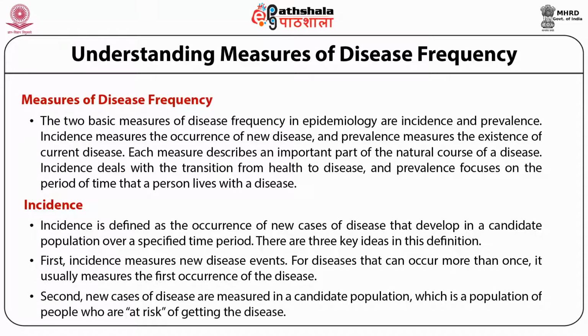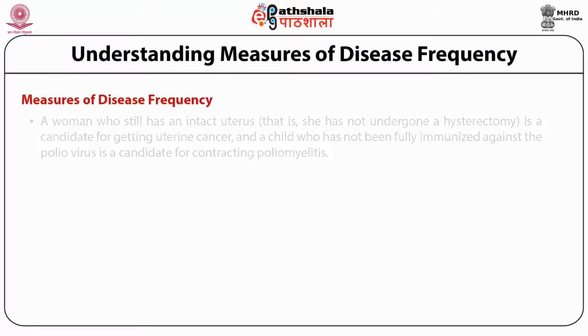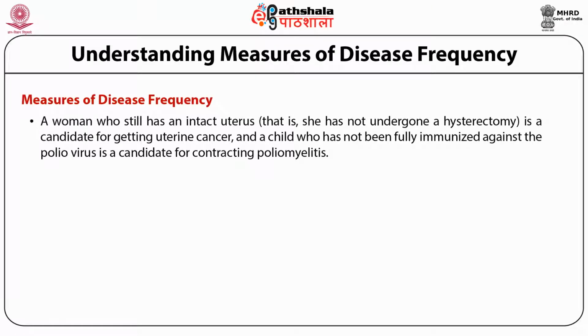Second, new cases of disease are measured in a candidate population, which is a population of people who are at risk of getting the disease. Someone is at risk because he or she has the appropriate body organ, is not immune, and so forth. For example, a woman who still has an intact uterus, that is, she has not undergone a hysterectomy, is a candidate for getting uterine cancer, and a child who has not been fully immunized against the poliovirus is a candidate for contracting